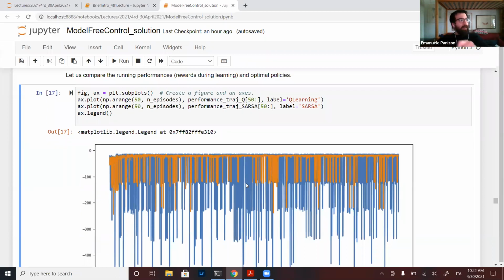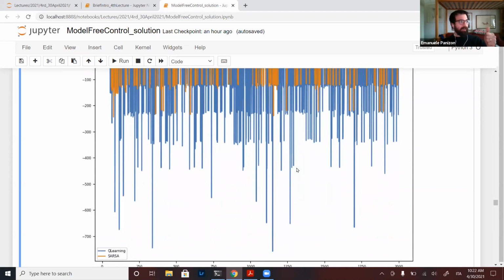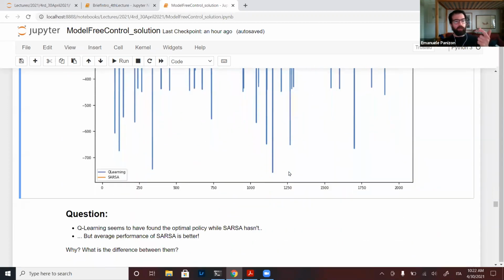Okay, in a sense, the best performance of Q-learning is better because it has found, with probability 1 minus epsilon, a better optimal policy, but since the trajectories are given by the epsilon greedy policy, SARSA is doing better because it has optimized itself for the fact that you have an epsilon probability of doing random stuff. This is just to see the main difference between them. SARSA on policy, Q-learning off policy.